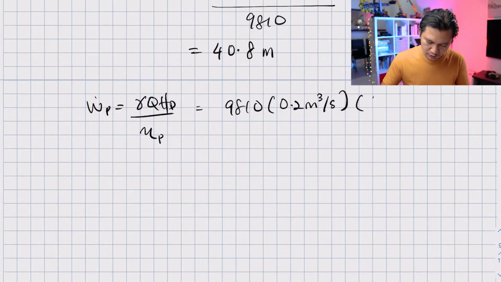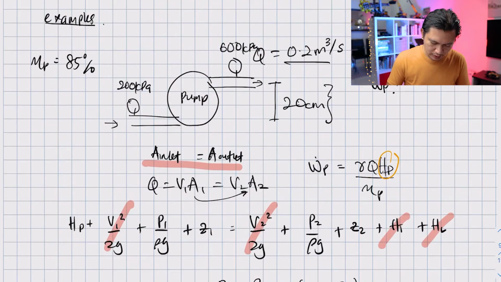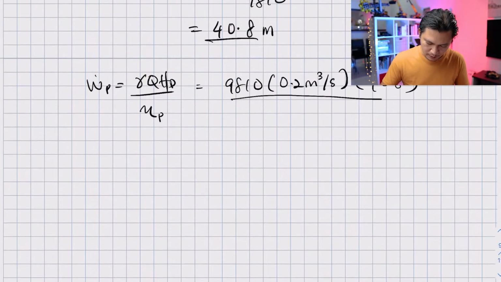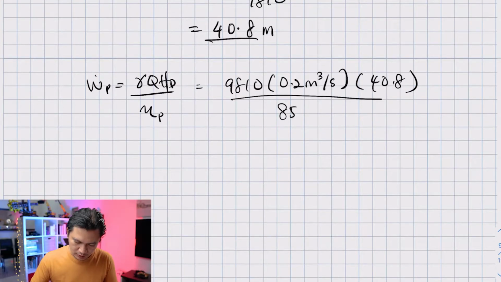Our HP is 40.8 and our eta P is 85%, so this is 0.85. If I calculate 9810 times 0.2 times 40.8 divided by 0.85, this is 94176